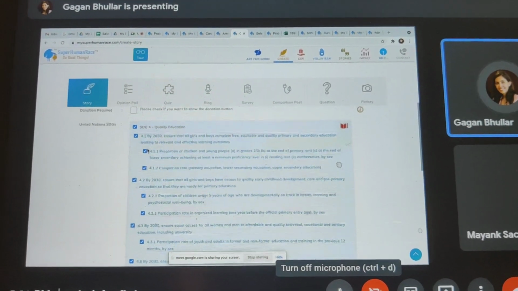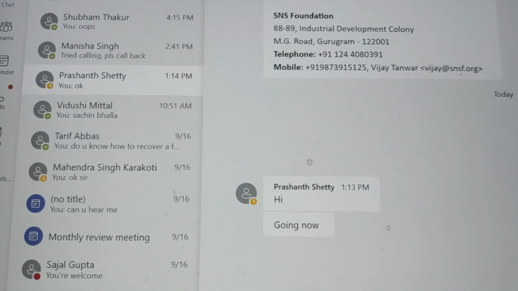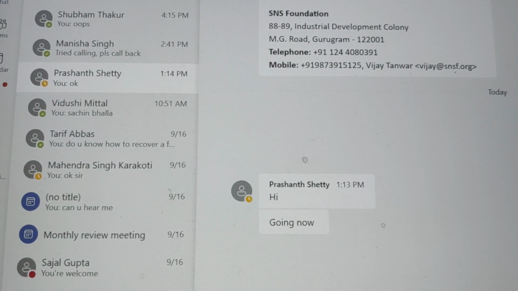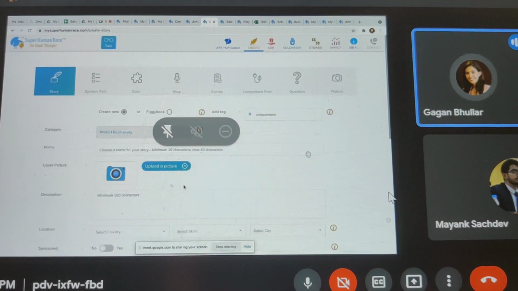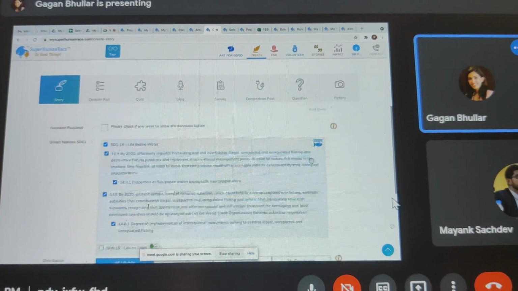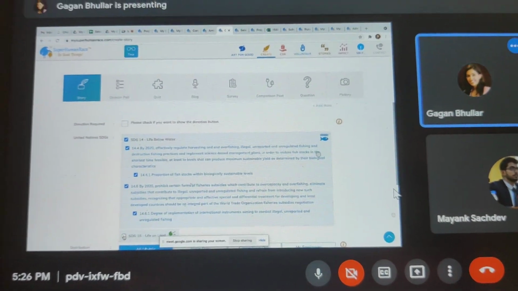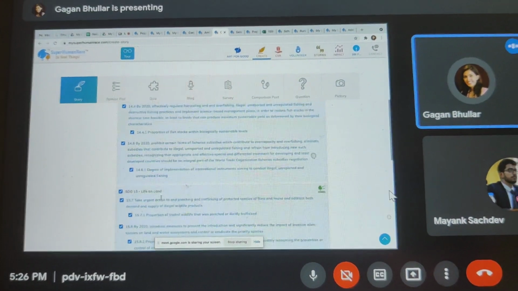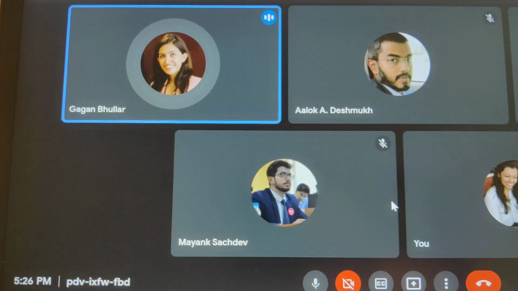So here, you'll see SDG 4.1, 2, 3, 6 for promotion of education. But if I change this to something different, say I change it to protect biodiversity, it will show me different goals, targets, and indicators. So for the indicator level setting of impact, I'll actually show a document to you. Let me stop sharing my screen for a second.